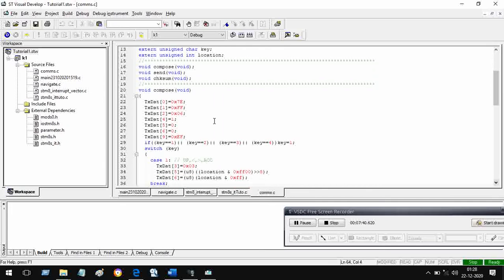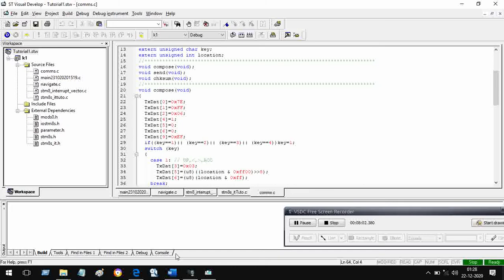Number 4 is whether I want a response or not. So suppose I say I want a response, then write 1 here. This will also not change unless we specifically need to change it at some point in the process of developing the program. Now 5 and 6 are the address as we have seen earlier.